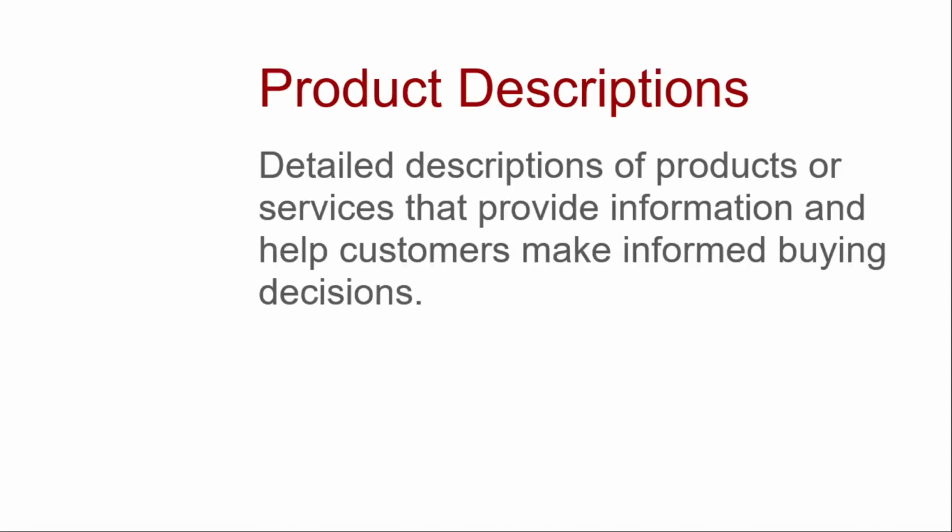Then the product descriptions are detailed. That is one thing you need to know, that they are detailed descriptions of products or services, and they provide information that will help customers to make informed buying decisions. So if a product is found on Amazon, let's say it's a healthcare product, maybe it's a lotion, you will find a detailed description of the ingredients of that lotion. You'll also find information about how to apply the lotion, and so on. So that's an example of a description. You can also find descriptions on things like YouTube videos, whereby you are supposed to describe what the video is about and other